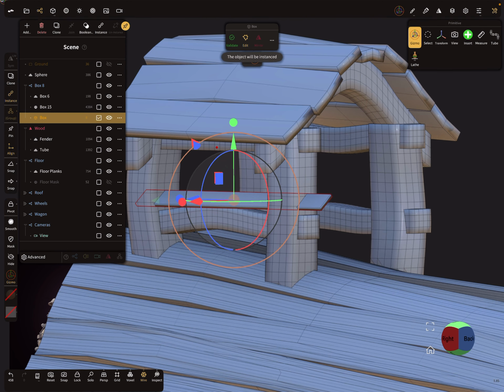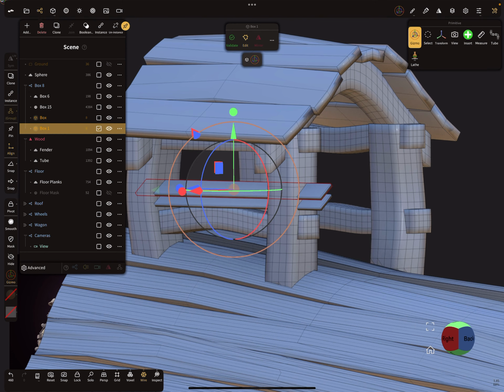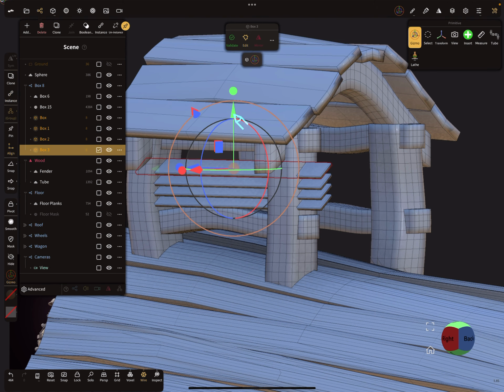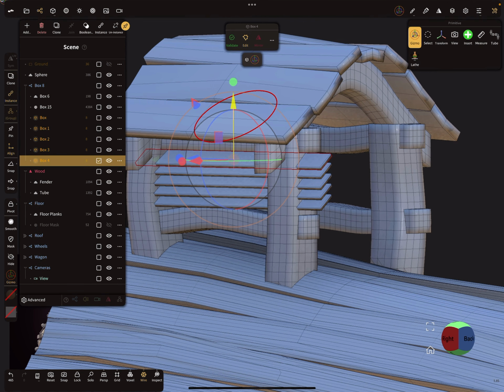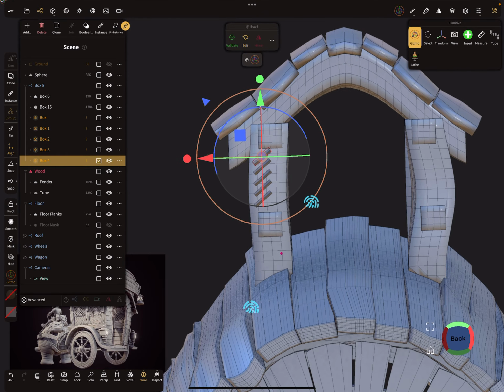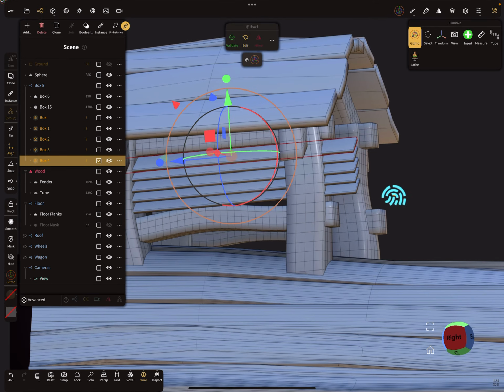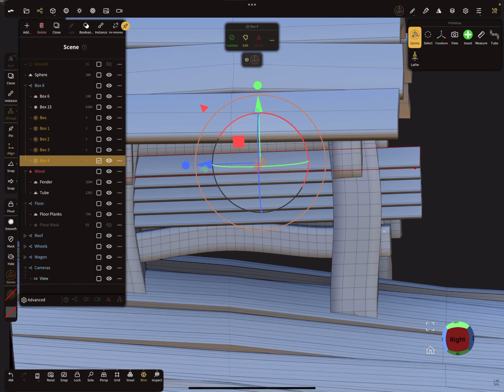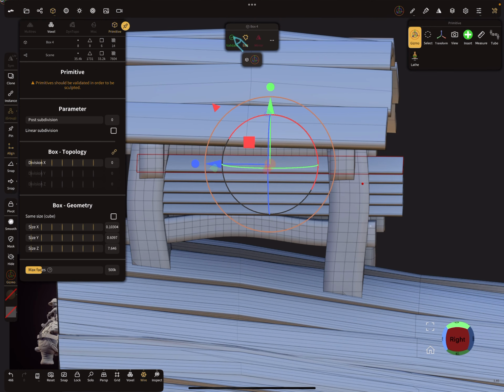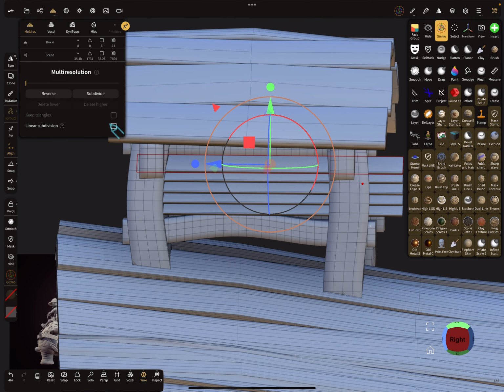So now I use an instance. Like this. Multi-resolution. So we can validate. Subdivided 1, 2 times.